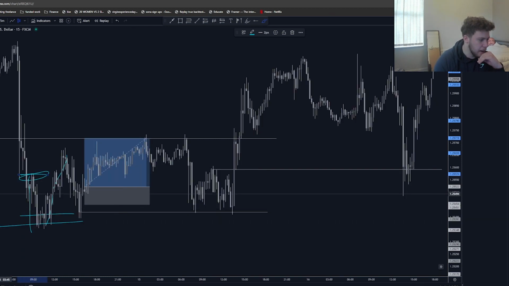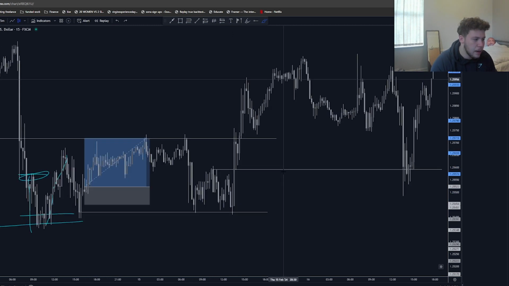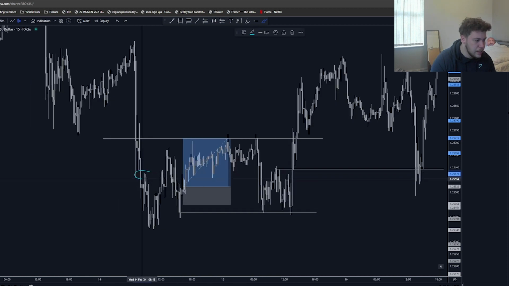I don't care about this tiny high here or this tiny high here. I don't care about that sort of stuff really. I care more about, as I said, breaking the highs or lows that broke structure. And as I said, this high, because it pushed down, pulled up and then pushed down, this high is the important one because it then got ran through,